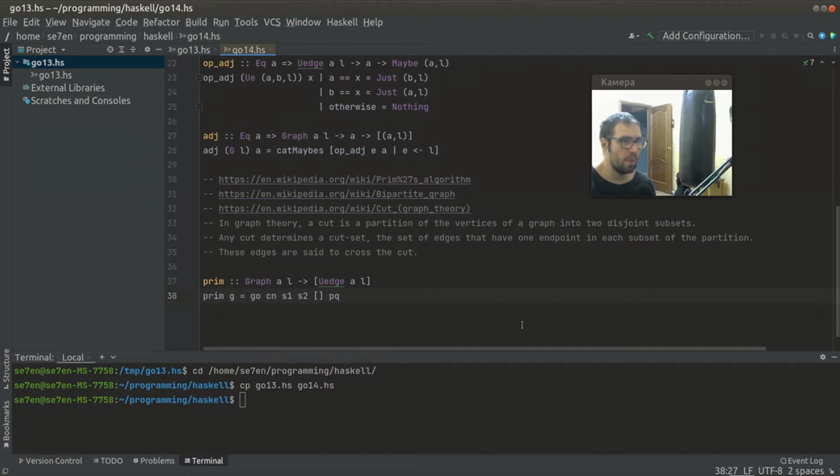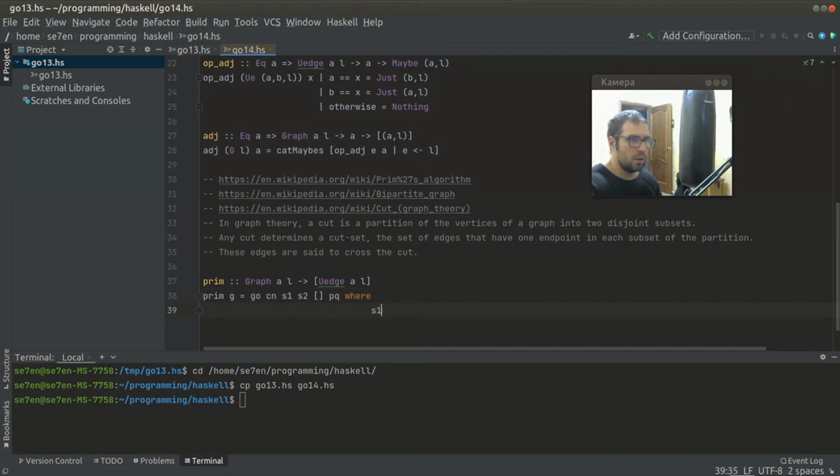Okay, and so our iteration goes deeper and deeper, and at some point this S2 is empty, and it stops. So this is the main description of our algorithm. And I think I need to do some definitions here. We need to define these things. I will start from